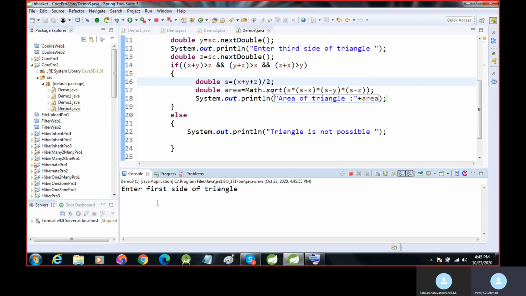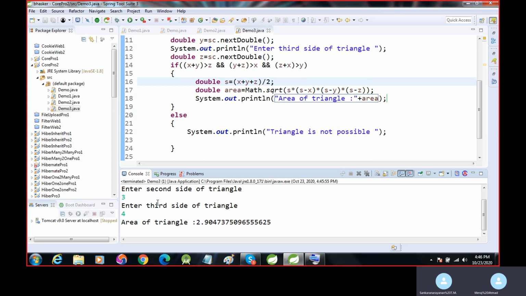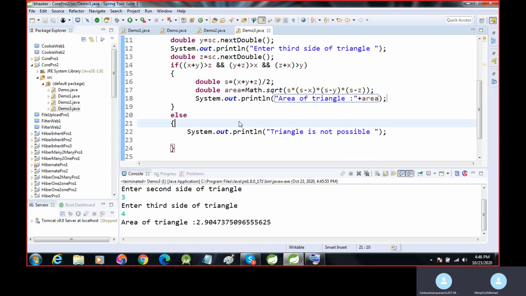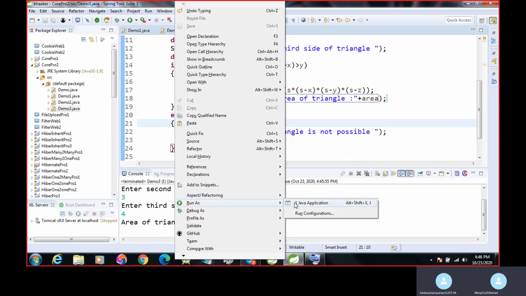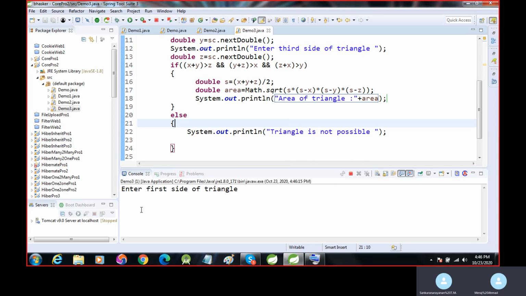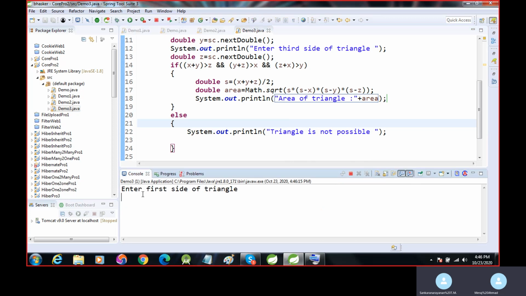Here I give the values 2, 3, 4 and get the result. If I give the first value as 2, second 3, and third 9, it will print triangle is not possible.